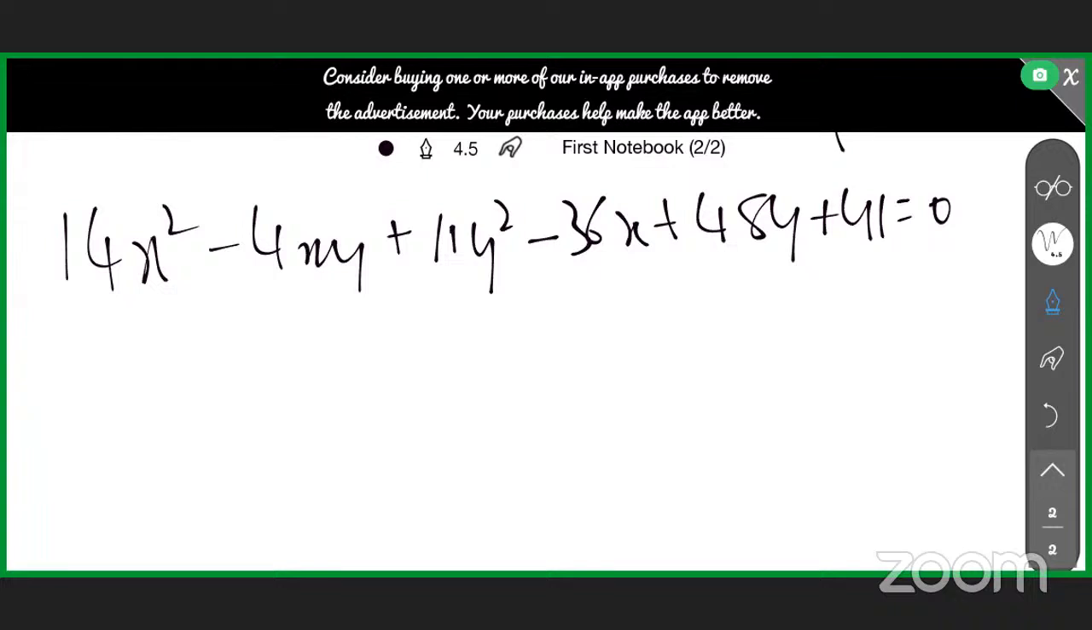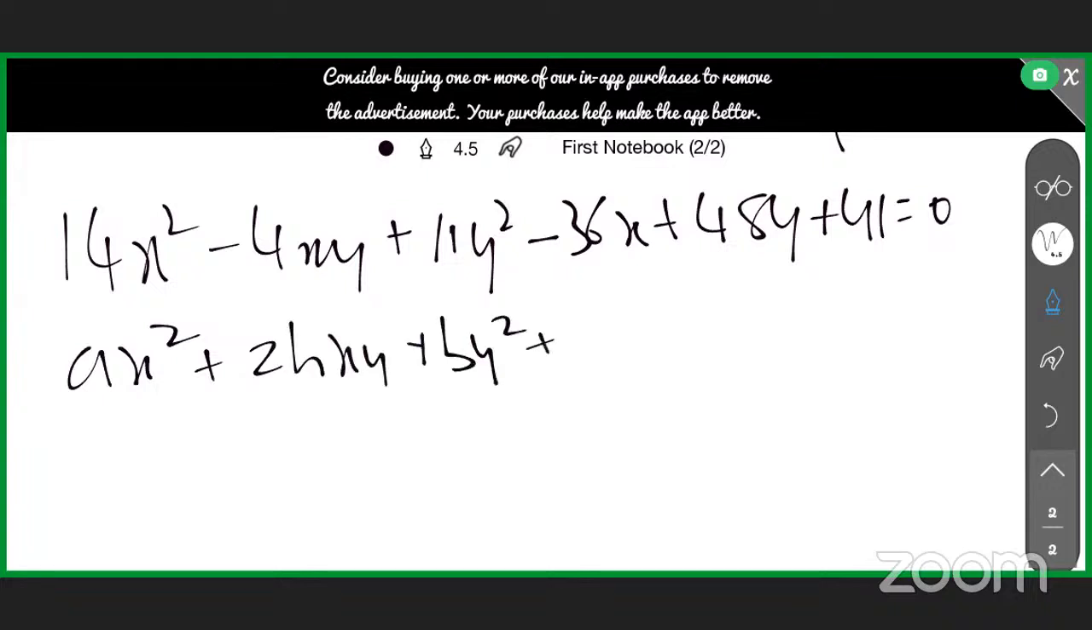Same thing, we have to remove x and y terms. Now look at the question carefully. The equation is of the form ax square plus 2hxy plus by square plus 2gx plus 2fy plus c is equal to 0. For this equation, if you want to relate x and y terms, the origin has to be shifted to